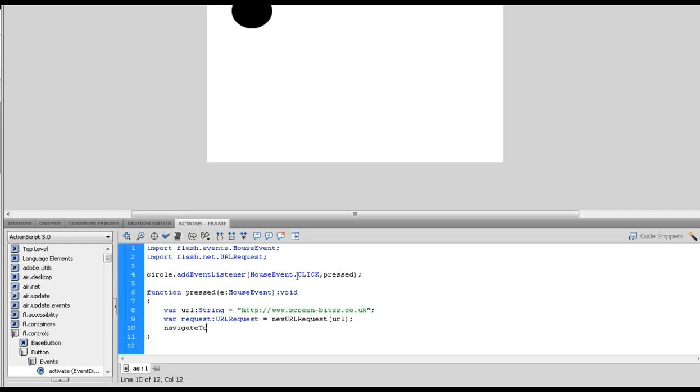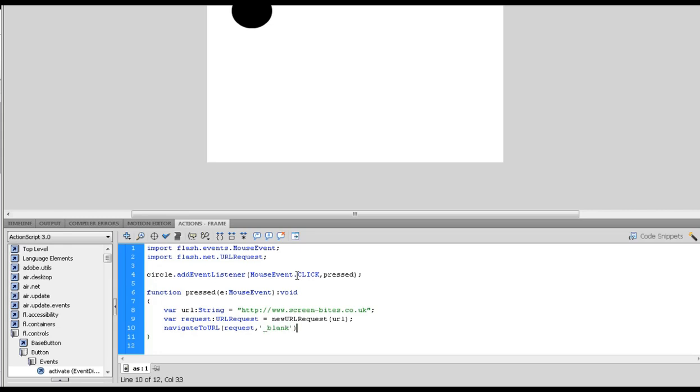Needs to be a capital T. Navigate to URL, so you know it's all gone blue, it's all good. And here what we're going to do is we're going to call the request. So this is the request variable. So that's our request variable. And here we're going to go to underscore blank,